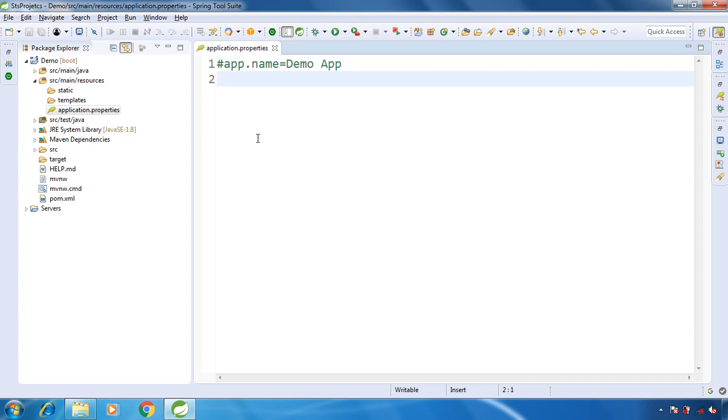The first and easiest way to change the port is to use the application.properties file. This is the application.properties file for our Spring Boot application, and here we will provide the property server.port. Now we need to provide the port value. Say, for example, we want to run our Spring Boot application on port 8081.